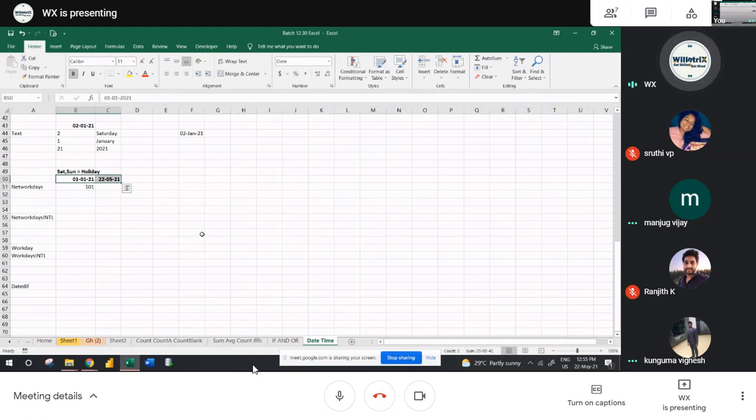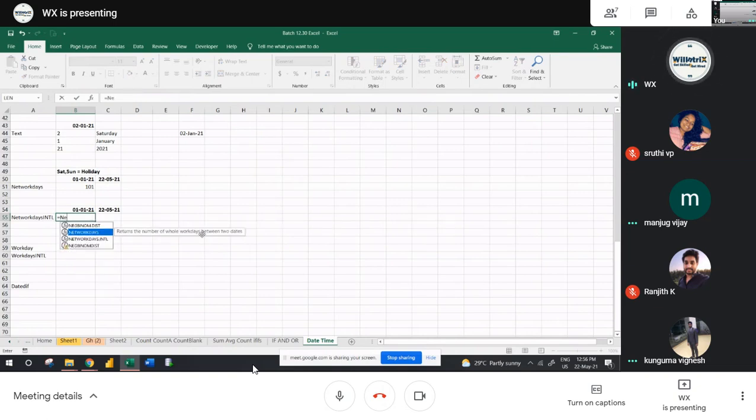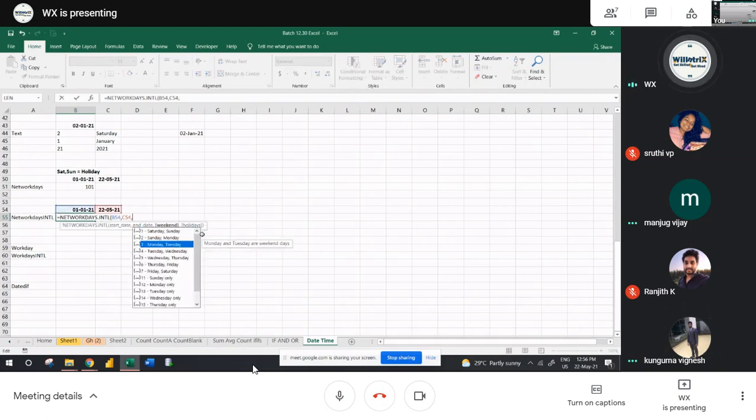The same date, I will try to find out here. Some people have leave only on Sunday, not Saturday. There we have to work with NETWORKDAYS.INTL. NETWORKDAYS.INTL, start date, then end date, then enter. Here it takes Saturday and Sunday by default, but after the end date you select the weekend. You can select Saturday and Sunday, Sunday and Monday, Tuesday, Wednesday, or some people have only Sunday leave.